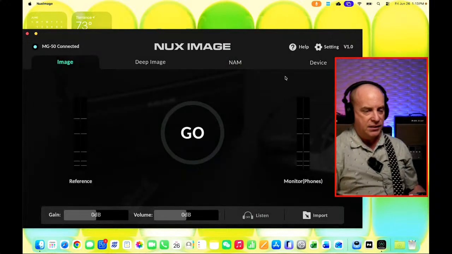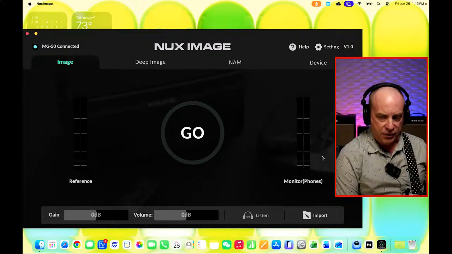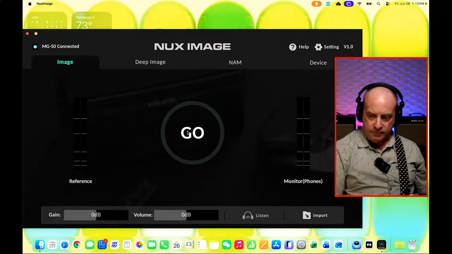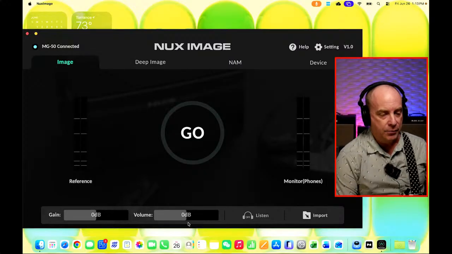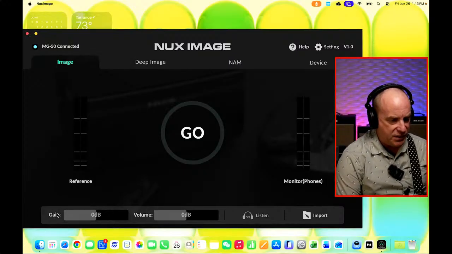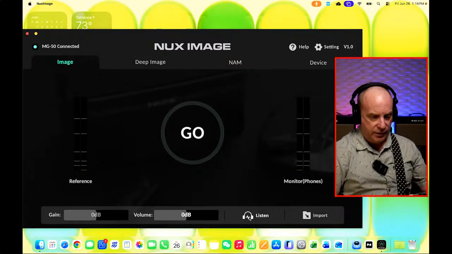But let's take a look at the interface here. It's quite simple and straightforward. We have our reference point on the far right. We have our monitor and phones. This is where we will listen back to things. We have the go button. Now don't press that until you're ready to start sampling. And below that, we have the gain control, the volume control. We also have the listen. So if I turn that on right now,